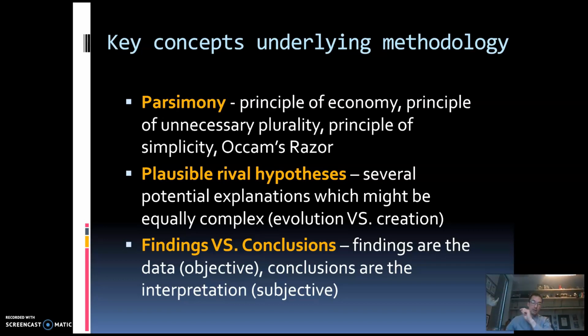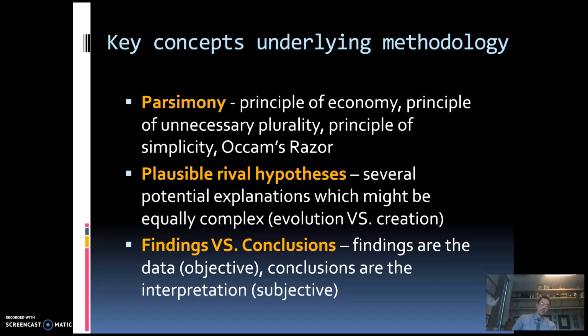And thus, I would invite you not to be parsimonious, but rather embrace plausible rival hypotheses, right? What this essentially does is accept the idea that there might be several potential explanations for what we're examining and not ruling anything out, even if we have evidence to support another idea, right? So I am a creationist, for example, but I don't rule out the possibility of evolution as an explanation for how human beings came to exist, right? Plausible rival hypothesis simply means you're just keeping your mind open. And a good scientist, not just a behavioral scientist, but a good scientist keeps their mind open to other potentials,